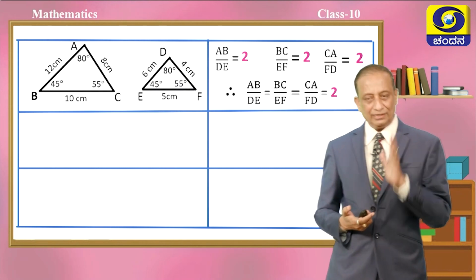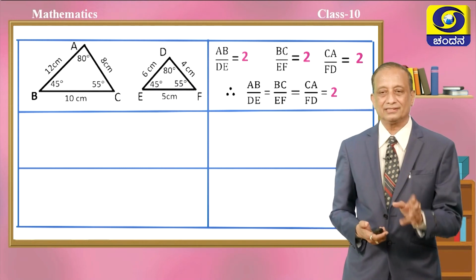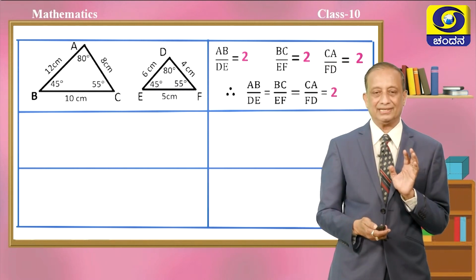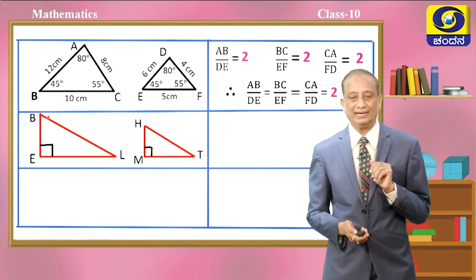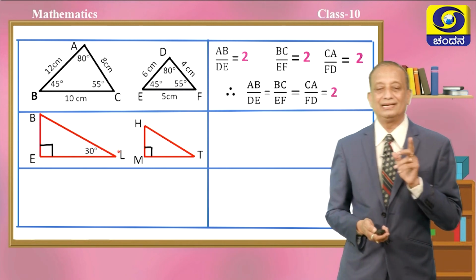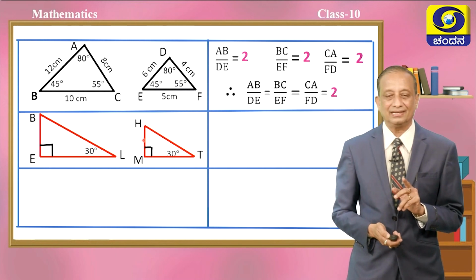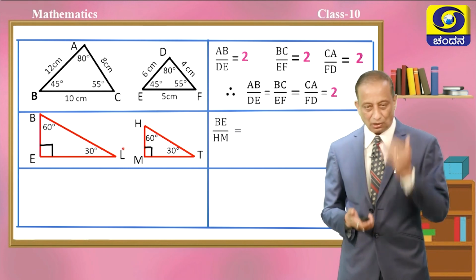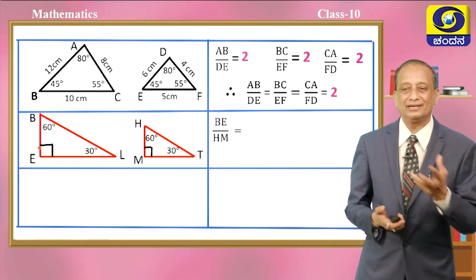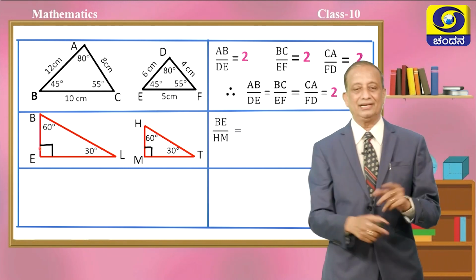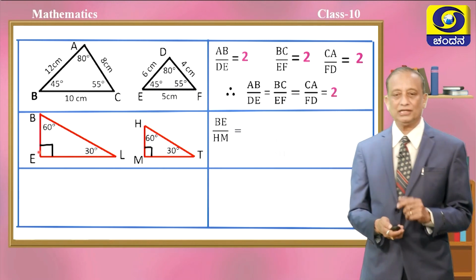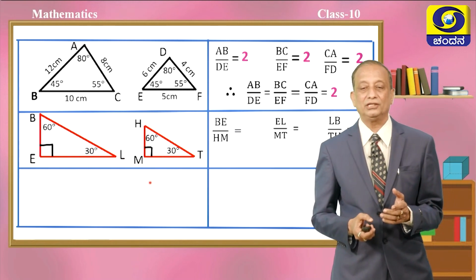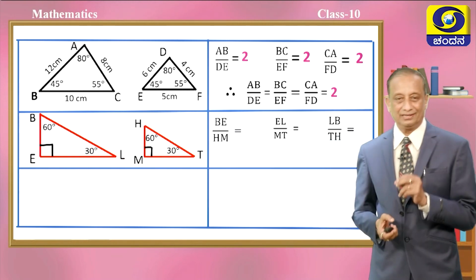So, it is always worth, before we draw any inferences, minimum 3 examples we have to write, children. So, here is the next example for you. Here are two right angle triangles BEL and HMT with the angles 30 degrees, 60 degrees, 90. You draw these pair of triangles, one bigger and one smaller, then take scale and measure the sides and take the ratio between the corresponding sides and see whether the ratios are all equal to a particular quantity called